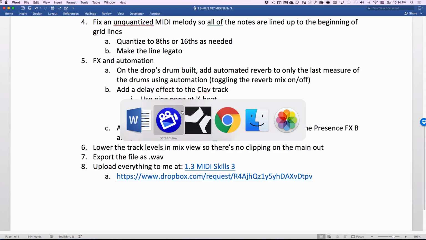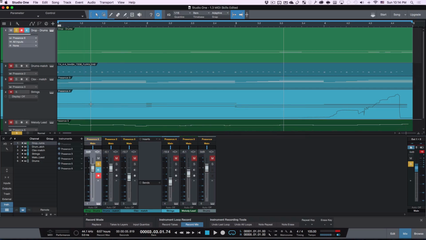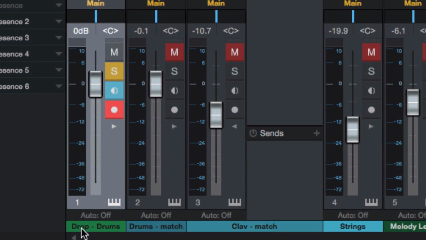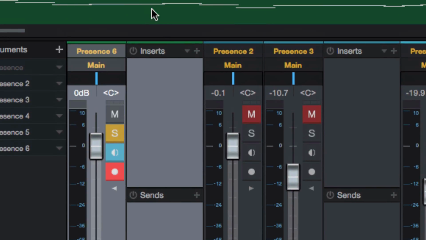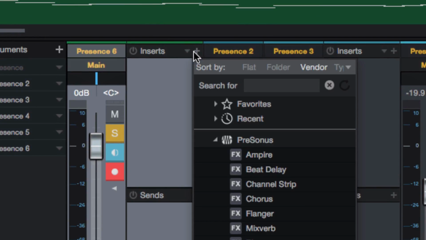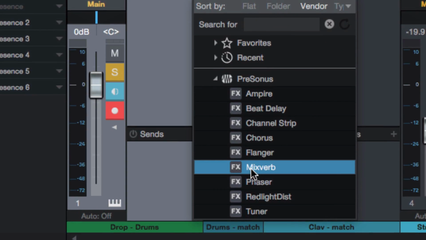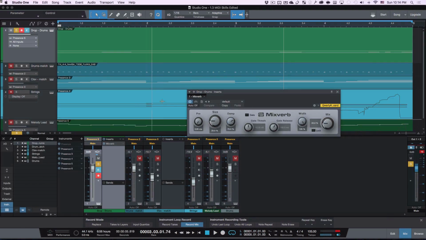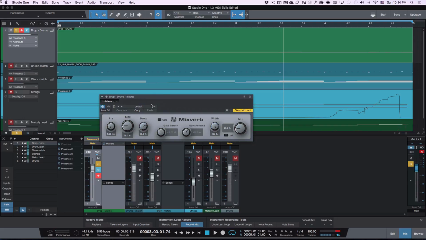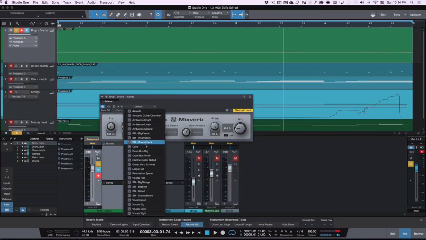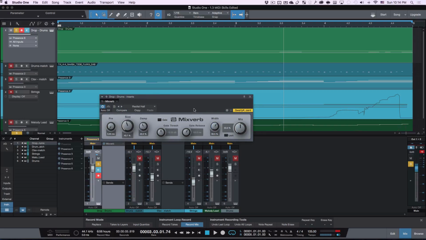The way to do this is first to go onto the track in mixer view. We've gone from edit view to mixer view. I'm selected on drop drums, and I click this little disclosure triangle. It shows us our inserts. Hit plus. I'm going to hit this here, MixVerb. It gives me this thing here. I go to the defaults and select recital hall because it's just some big fat reverb, and listen to what